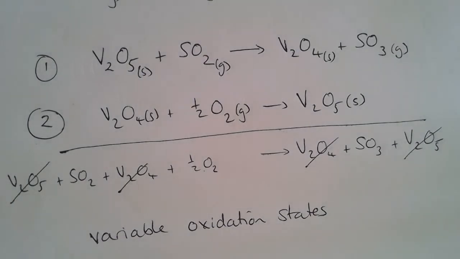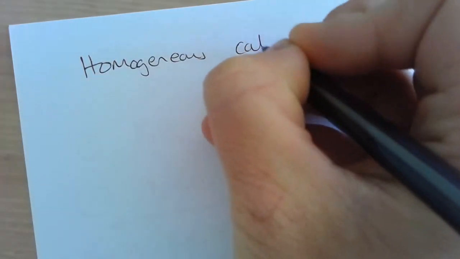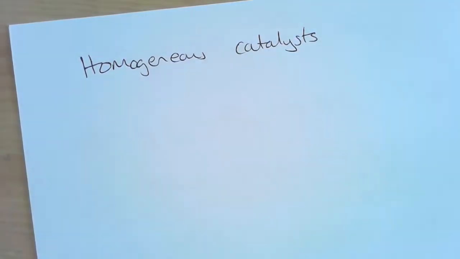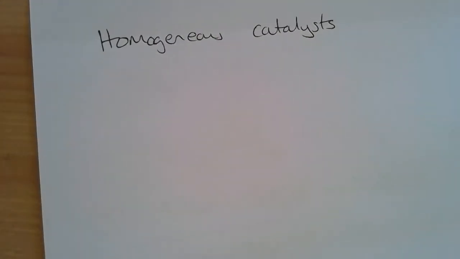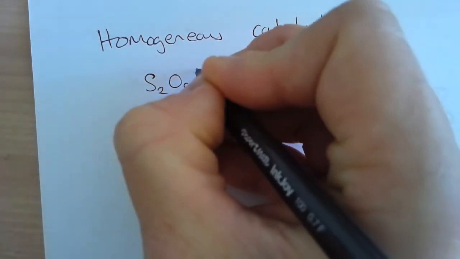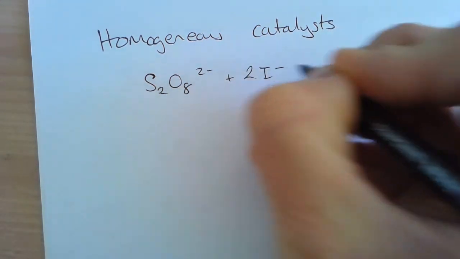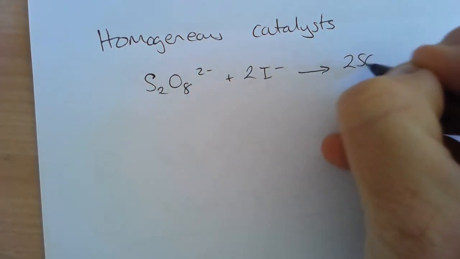Okay, so let's have a look now at homogeneous catalysts. Homogeneous catalysts are catalysts where the reactants and the catalysts are in the same phase. So the reaction we're going to have a look at is the peroxydisulfate reaction, which is S2O8 2- reacting with iodide ions to produce